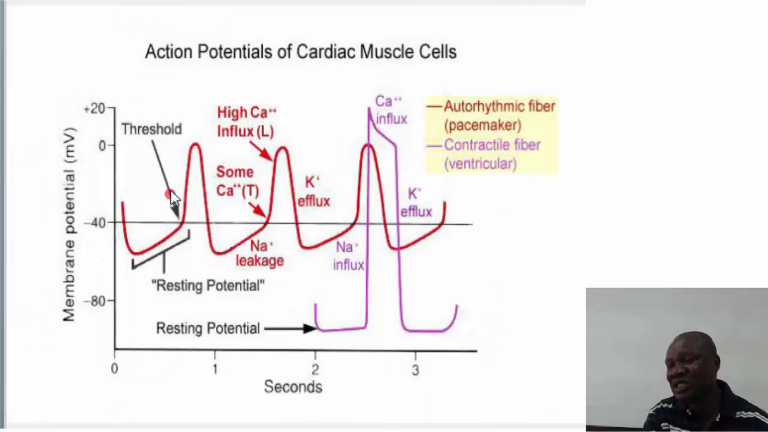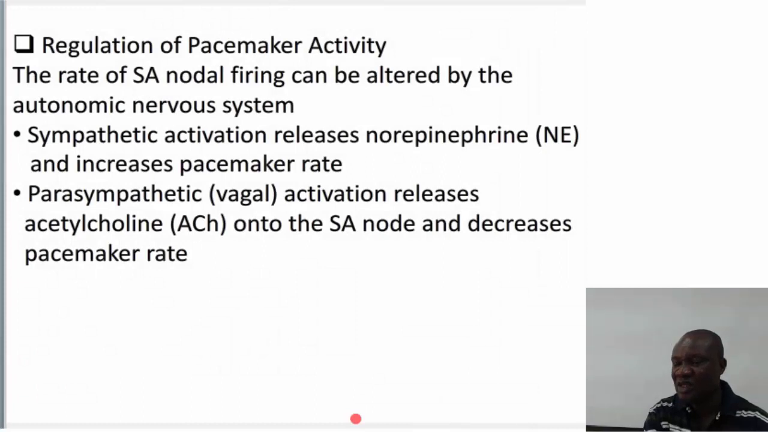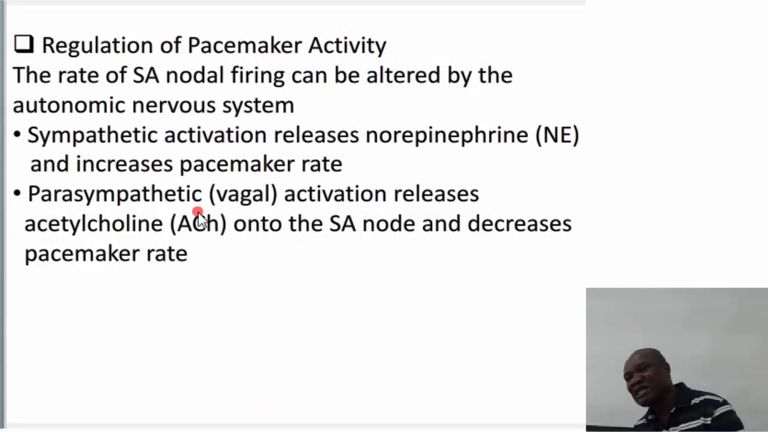Now, this is the action potential of the conducting system, and this is superimposed on the action potential of the cardiac muscle, because this will generate that in the cardiac muscle. Now, the pacemaker, which is the sinoatrial node, is regulated by the autonomic nervous system. Now, sympathetic activation will cause an increase in pacemaker rate, and the parasympathetic activation will cause a decrease in pacemaker